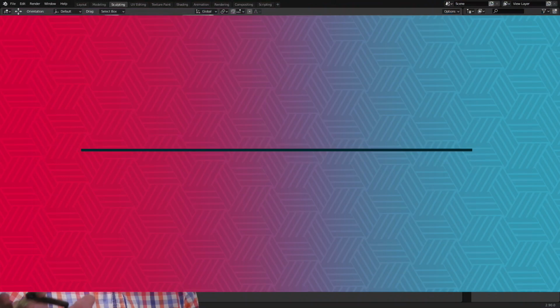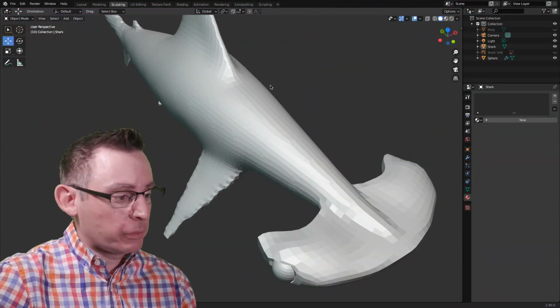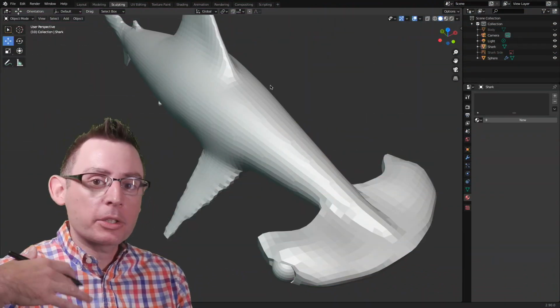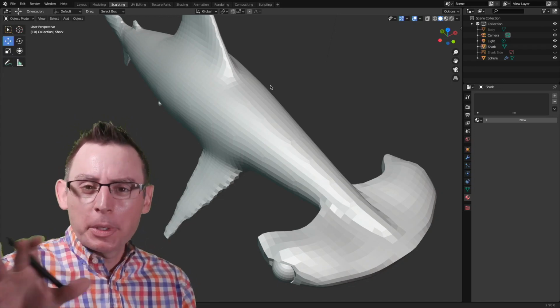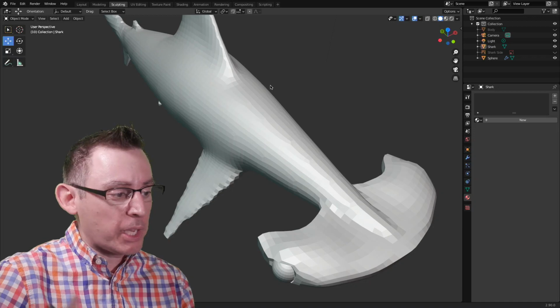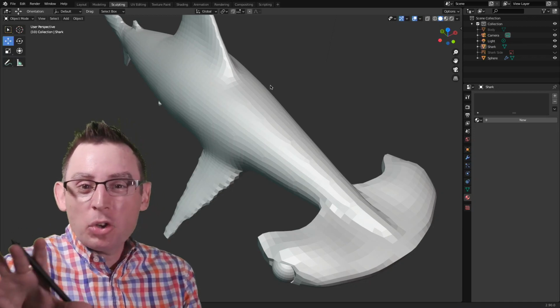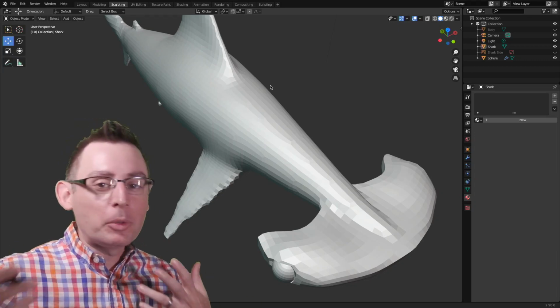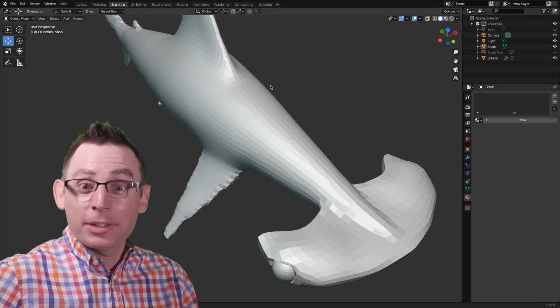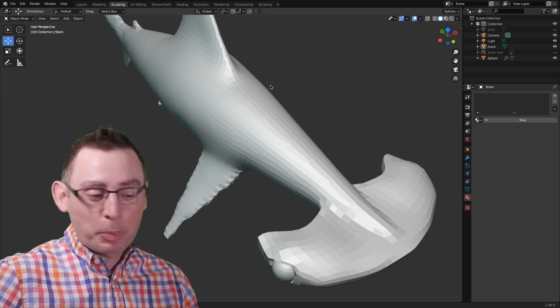I'm really happy with the overall look of my fun little sculpture here of a shark. I'm at a point where I want to start applying some materials. Now, the material engine inside of Blender is a little bit different than some of the other engines that we've seen, and I wanted just to kind of get you up and running, so at the very least you can start colorizing your polygons to make them look however it is that you want them to look. And I think once you get into it, you'll find that it's pretty straightforward.